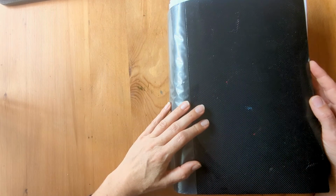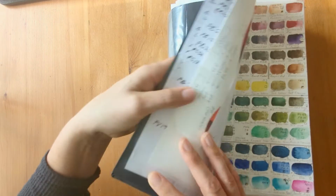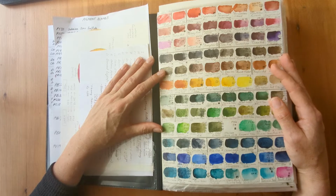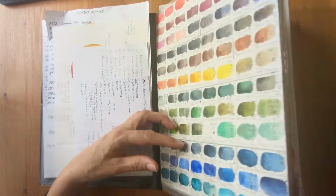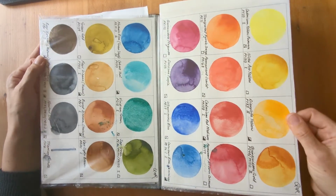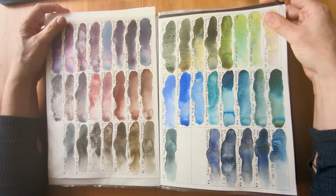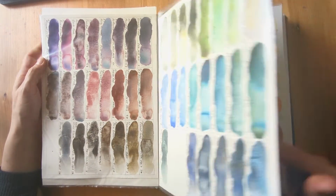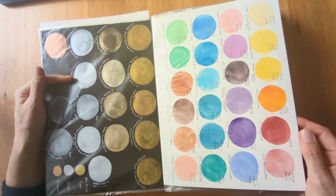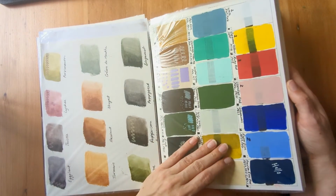I do still have my old swatch folder, which has been in a couple of previous videos. So that's the layout of my watercolour tubes in their containers. And I've still got some swatches brand by brand. So that's Core, Mission Gold. And then things like granulating paints or what's in a specific palette at the moment. There are metallics and whites. And then the rest of it is other mediums, so